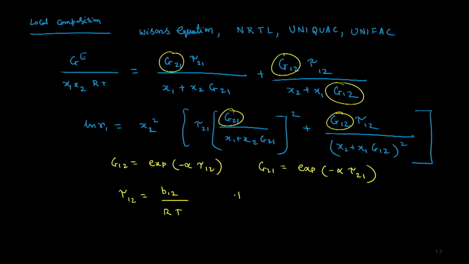B12 and temperature, B12 is a parameter that is independent of temperature. So, in addition to representing the composition dependency, because the parameters tau 12 and tau 21